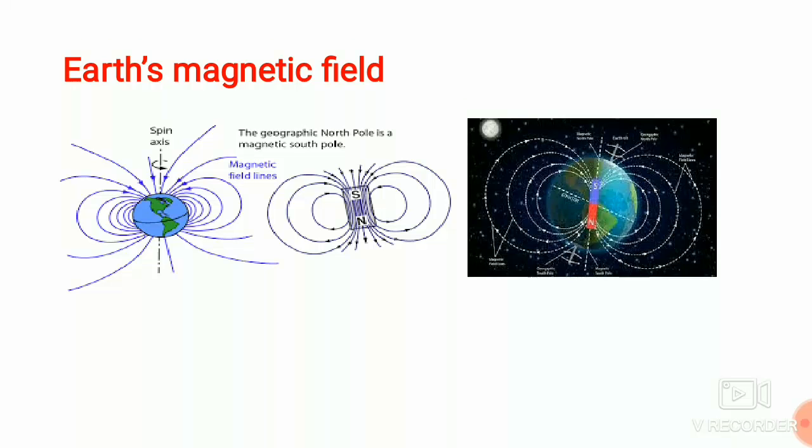Now let us study a bit about neutral points that are obtained on plotting the magnetic field lines of a magnet. If a magnet is placed in a horizontal plane with its north pole facing towards the geographic north and the magnetic field lines are plotted, we obtain two neutral points, one on either side of the magnet on its